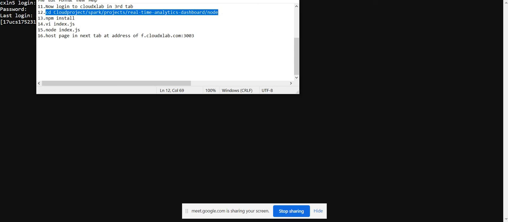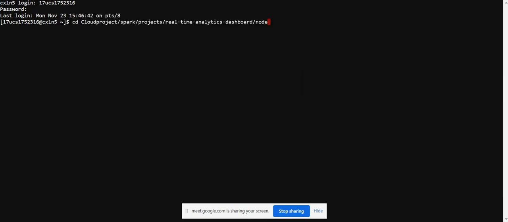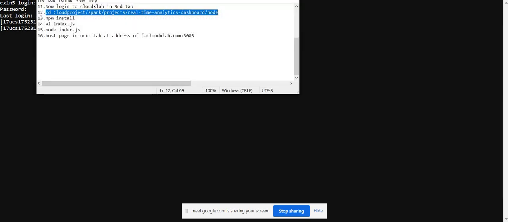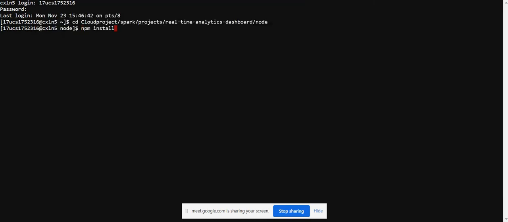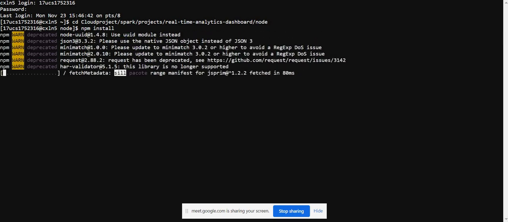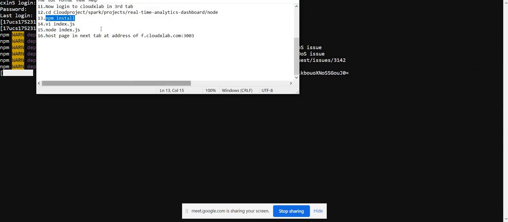Now we move to the Node directory of our source code. Now we will install the resources for Node.js. Now the resources are getting downloaded.